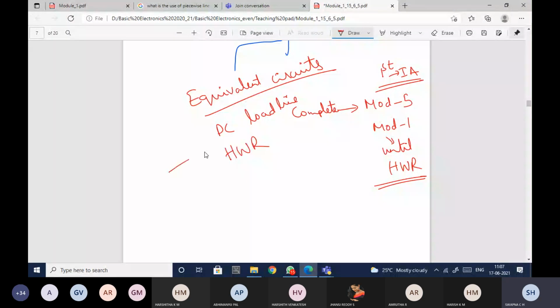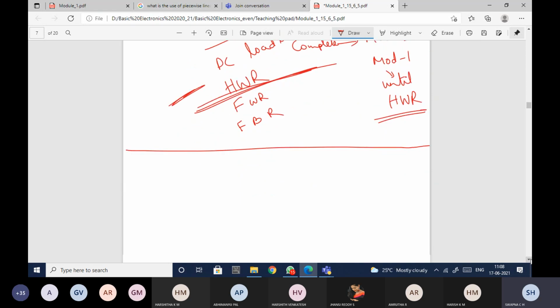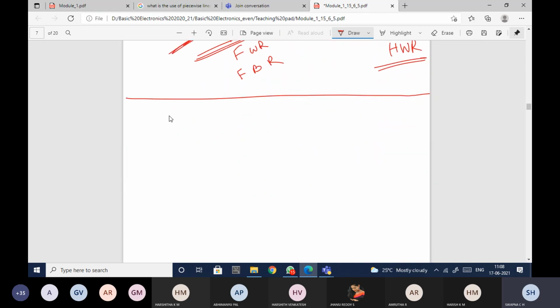Okay, rectifiers. In rectifiers, the first one is half wave rectifier, then you have full wave, then you have full wave bridge rectifier. Like that you have other topics. So I will be giving until half wave rectifier. So you people have to prepare until half wave rectifier for your first IA. I've already set the question paper also. So this is all related to the IA syllabus and whatever we have seen before. And now let me go to the equivalent circuits.